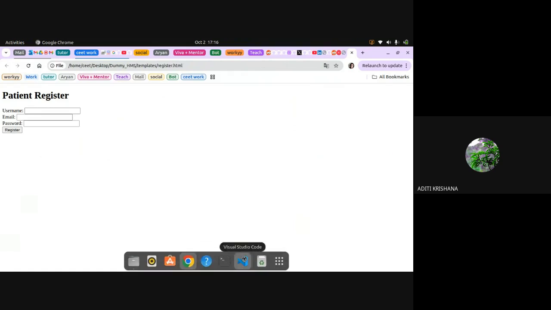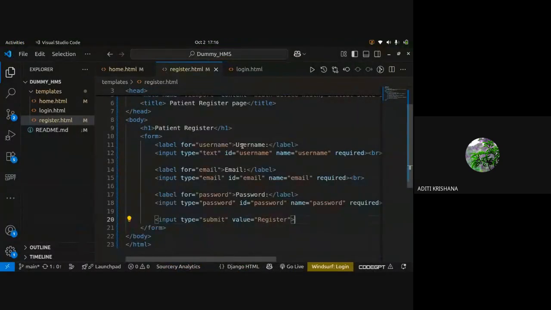Okay. Till this point, is anyone having any doubt? If someone has a doubt while I am explaining any property or functionality, you can raise your hand at that time only. Okay. So now you saw that I have created a registration page.